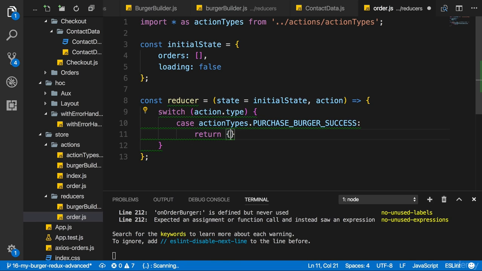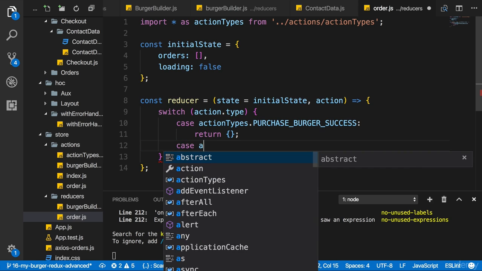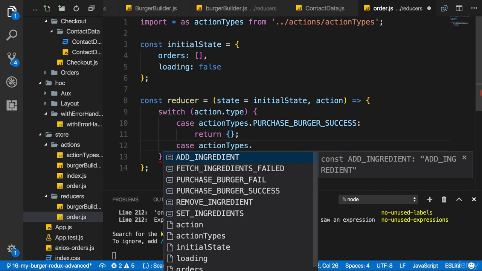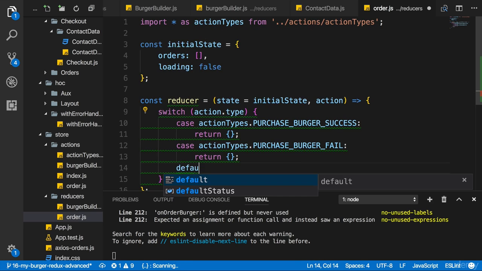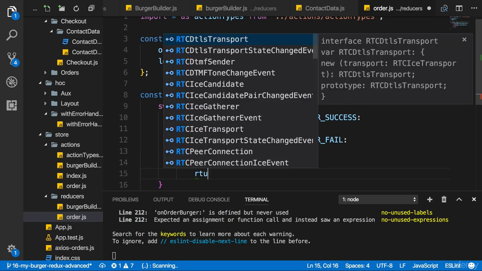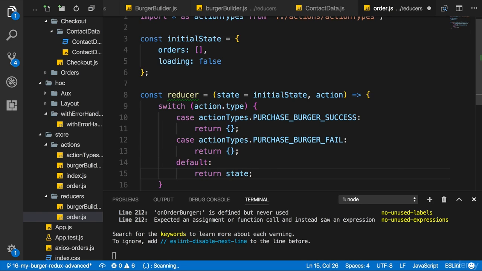Here I then want to return a certain state. I'll work on this soon. The next case is actionTypes.PURCHASE_BURGER_FAIL. Then I want to return a different state, obviously. And then I got my default case where I simply want to return the current state.